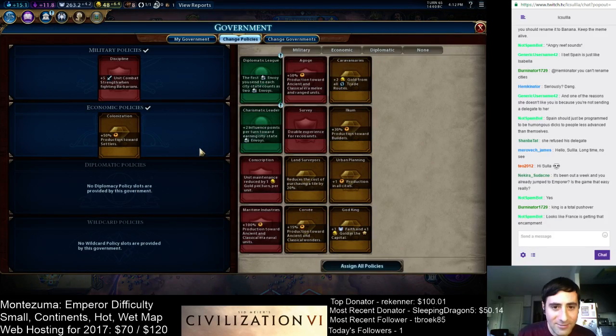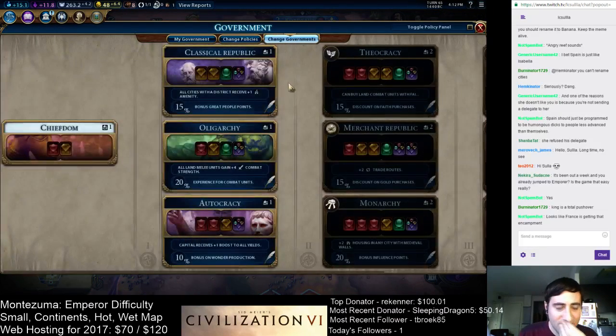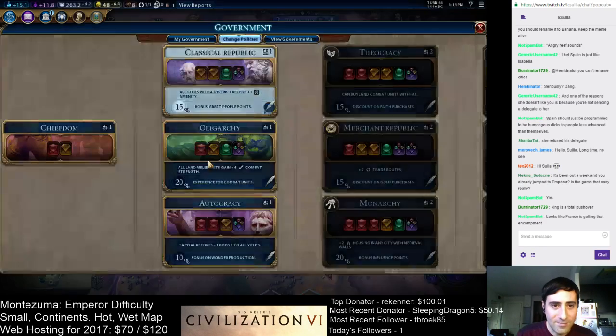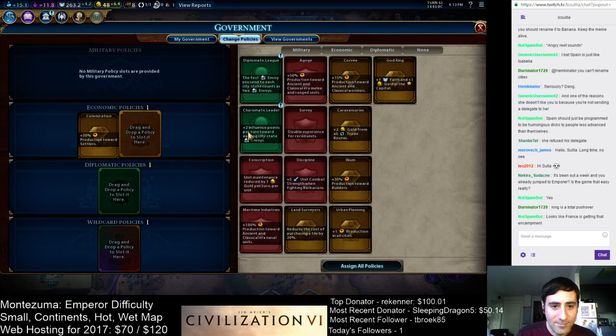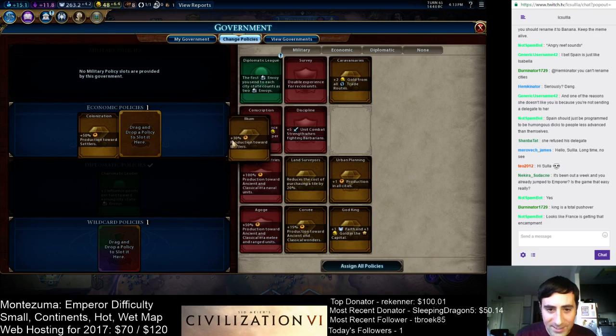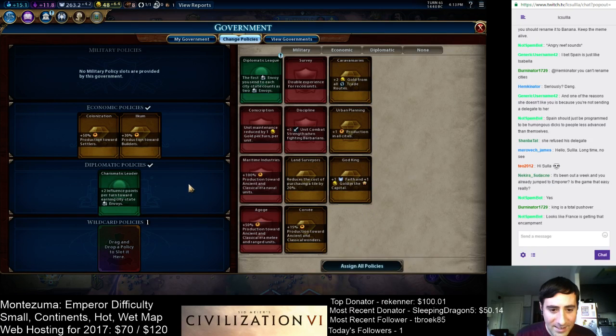Alright, so we finally get into a real government. I always like Classical Republic. It gives +1 amenities to cities with the district. It gives you the 2 economic slots, which are the best, in my opinion. So, let's grab that. Alright, so, grab this. Produce extra envoy stuff. Give me the builder production bonus. And for wildcard...